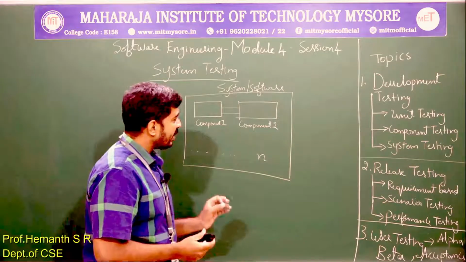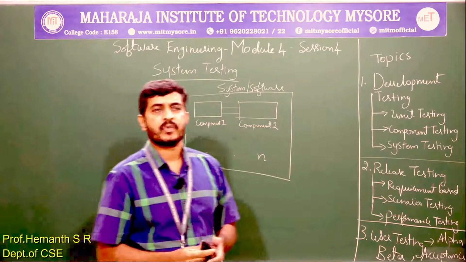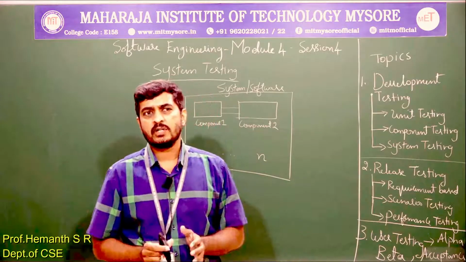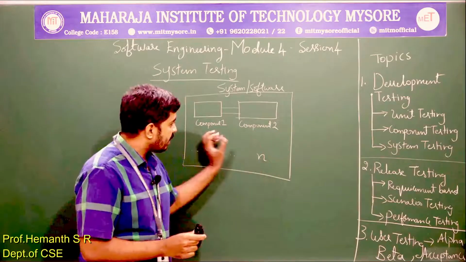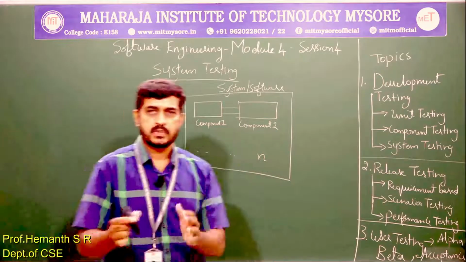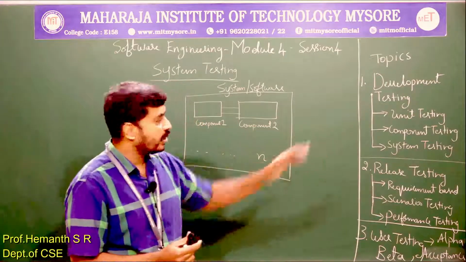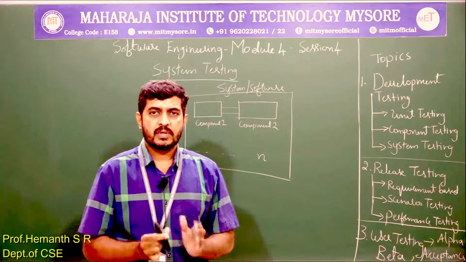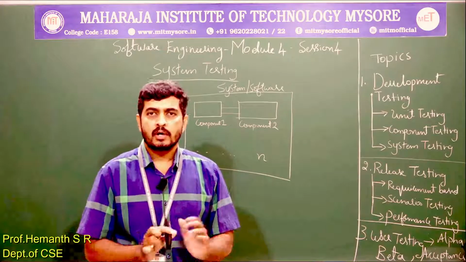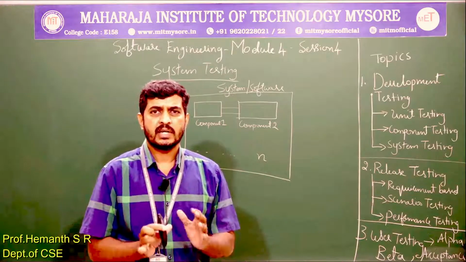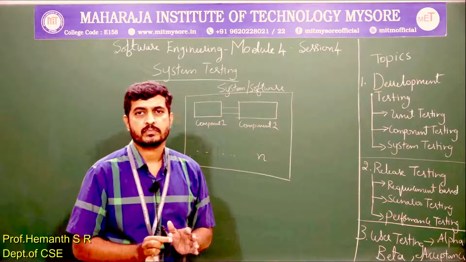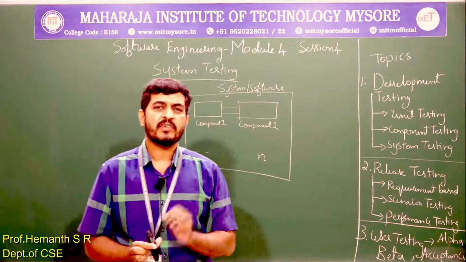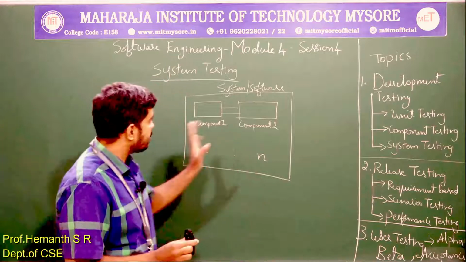Now basically what we are testing in system testing. Okay. So system testing involves integrating all the components. Please note, it is not some selective set of components or a subset of components as we were doing in component testing. In system testing we are integrating all the components, okay, together as a whole to form a system or software. Okay. Now what will you be verifying, what will we be checking in system testing.